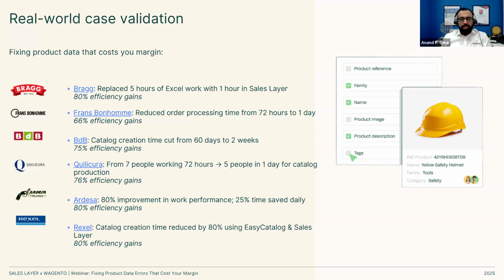Okay, all right. Marissa, from Sales Layer's side, how do you guide teams through the onboarding and overcoming some of those internal hurdles? Yeah. So what's so nice about Sales Layer is that we're really transparent throughout the whole sales